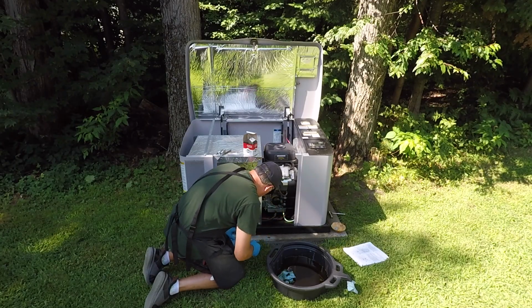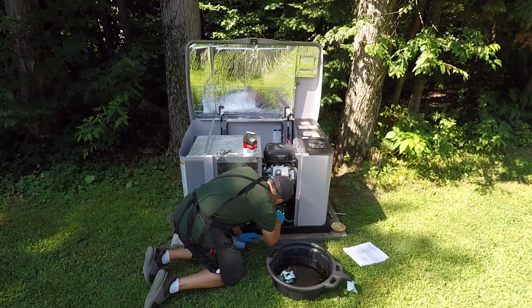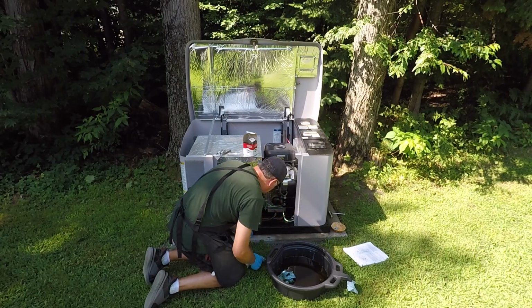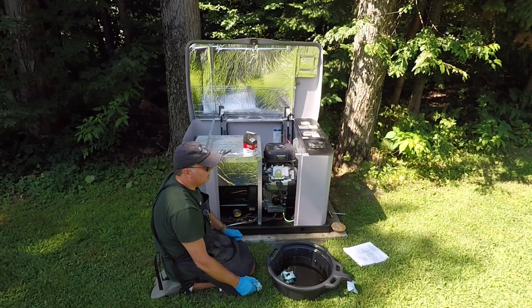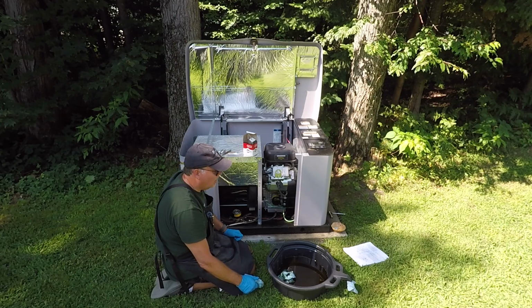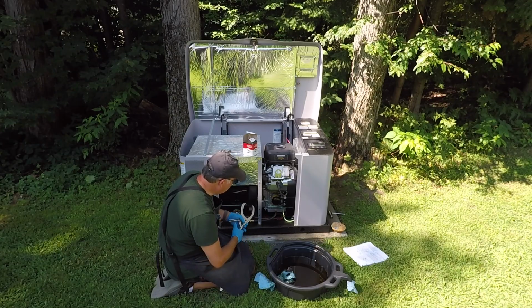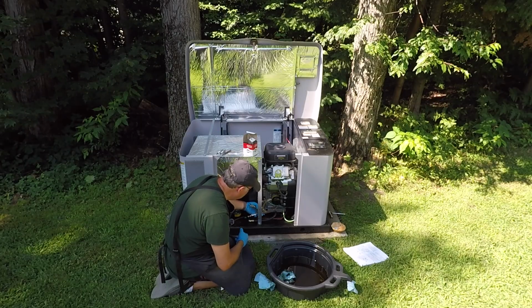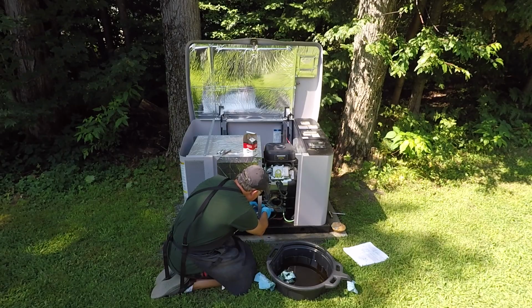All right, let's do a little bit more cleaning. Make sure that we remove as much oil as possible that might have fallen. Okay, the instructions do state that you should only hand tighten the oil filter. Let me share with you my experience. We had a power failure last year that lasted a couple of days, and the generator stopped midway. Why? Because the oil filter was loose, some oil spilled out, and the motor got too hot, so it basically shut itself down. After tightening the oil filter, and after adding some more oil,